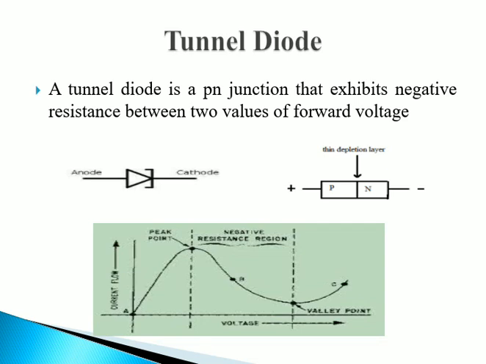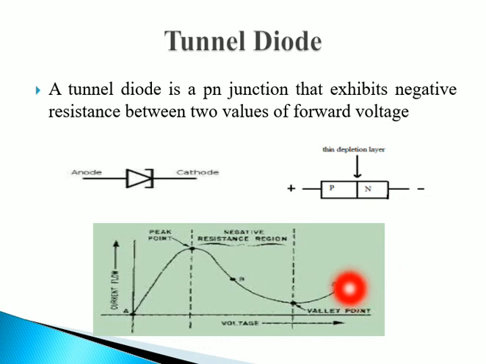Now this is a symbolic view. Basically the tunnel diode is a PN junction with heavy doping of p-type and n-type semiconductor materials. Because of this heavy doping, they will result in more majority carriers. Now the complete operation of the tunnel diode depends upon the tunneling effect, so we call it a tunnel diode. The movement of valence electrons from the valence band to the conduction band will occur with no applied forward voltage or little forward voltage. So we call it tunneling.